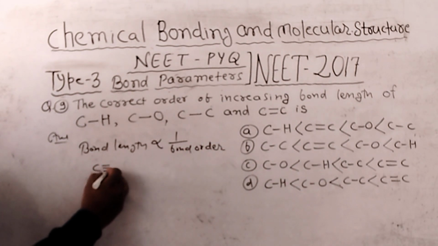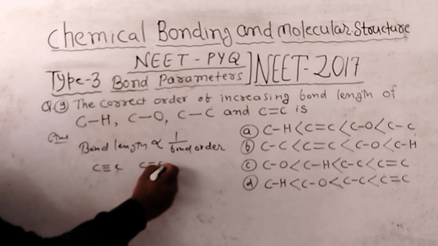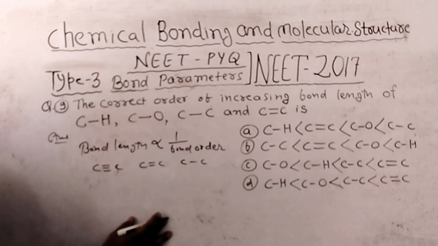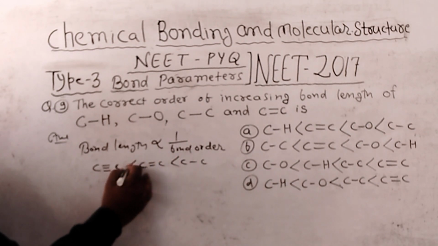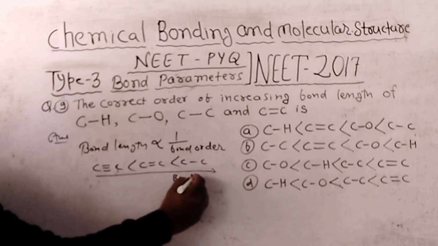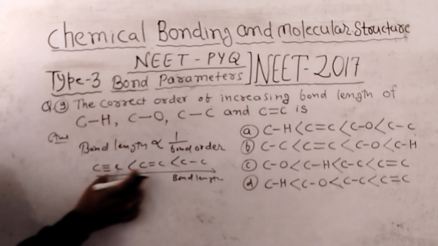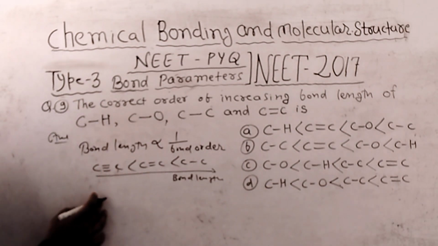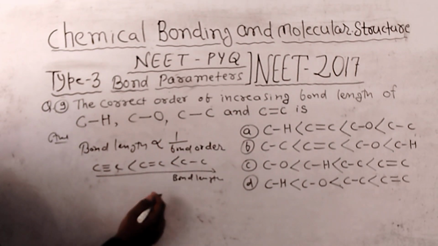So here bond order is 3, bond order is 2 and bond order is 1. So bond length increases from left to right. Now according to this concept, we can arrange bond length. So